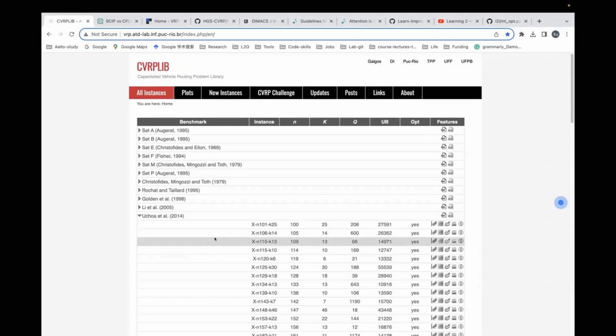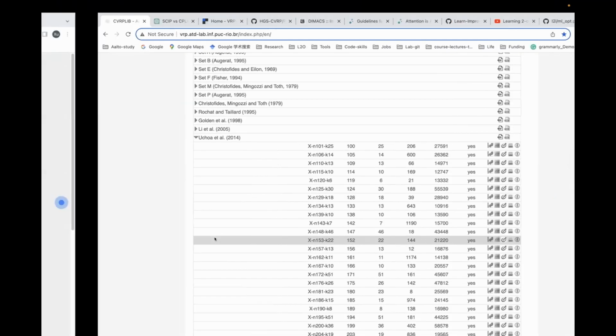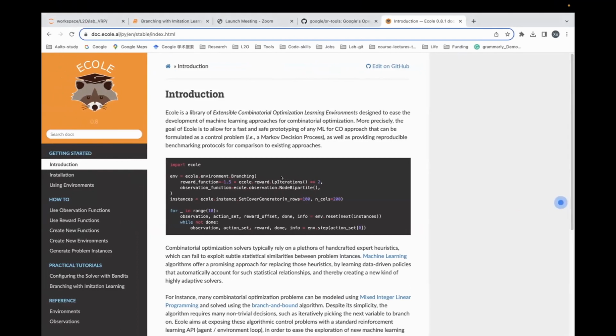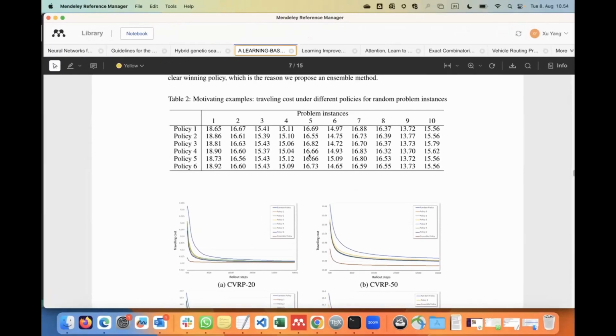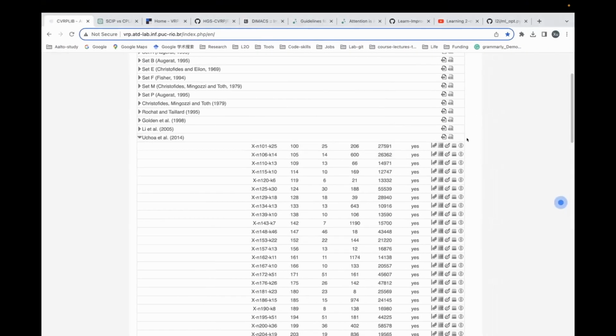Each row here corresponds to a specific optimization problem, a vehicle routing problem.